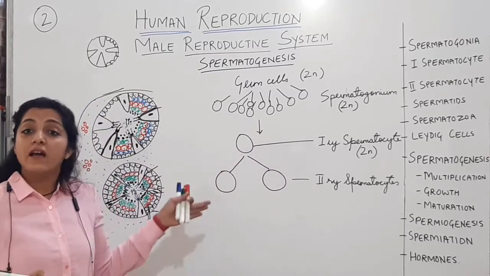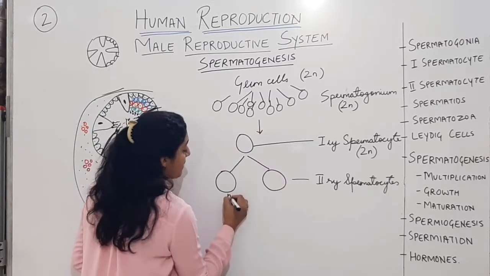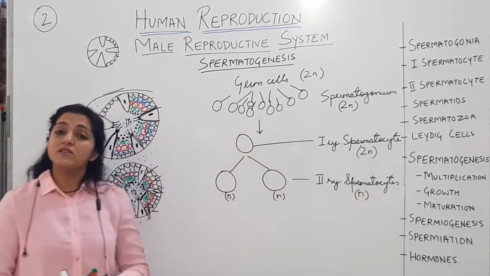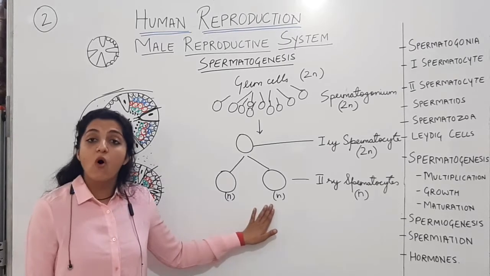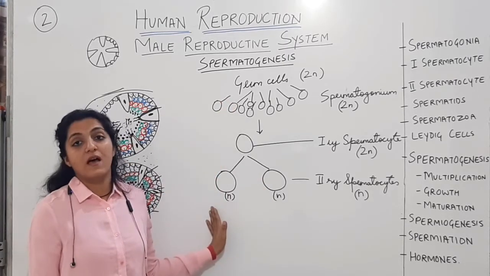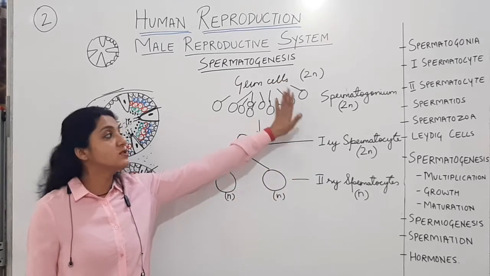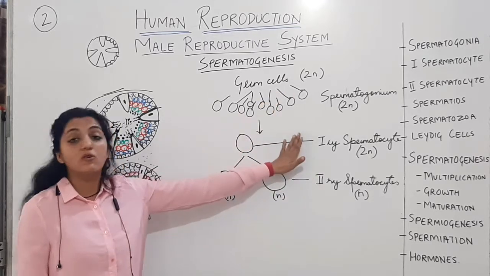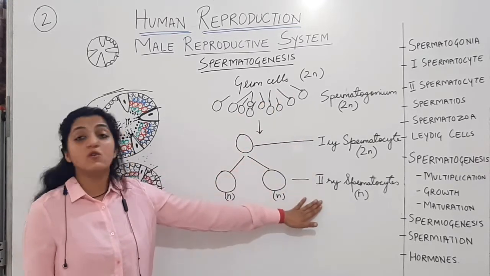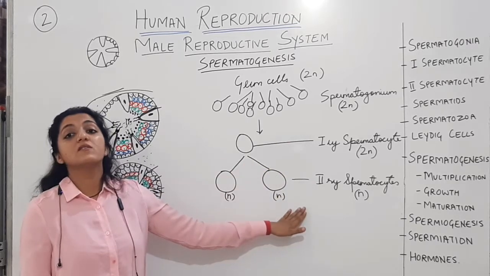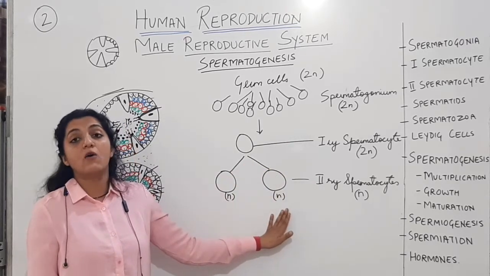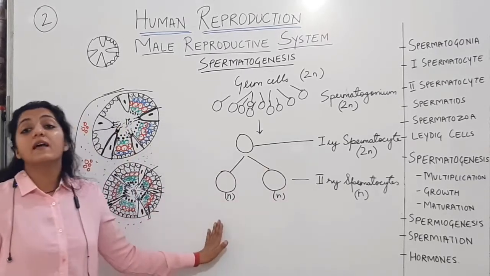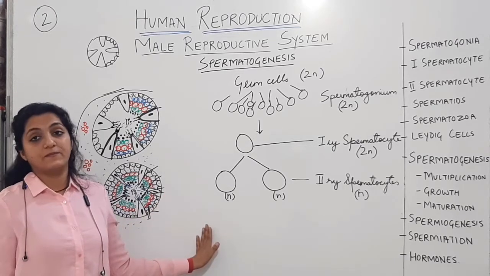अब meiosis हुआ है, reduction division हुआ है, so now these will be haploid. So secondary spermatocyte is the first haploid cell which is formed in the process of spermatogenesis. अभी तक सारे diploid थे. The germ cell was diploid, spermatogonium was diploid, primary spermatocyte was diploid. यहाँ पर सिर्फ mitosis हुआ है. Now यहाँ पे meiosis हुआ है, reduction division हुआ है. So you will have haploid cells now. Secondary spermatocytes are the first haploid cells that are formed in the process of spermatogenesis.